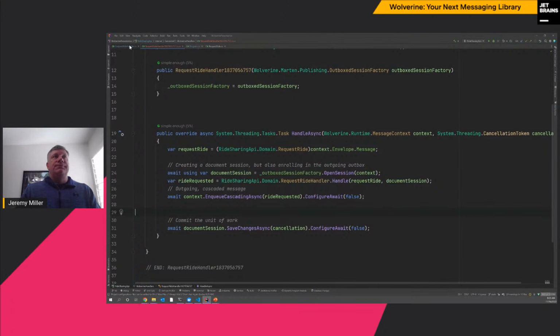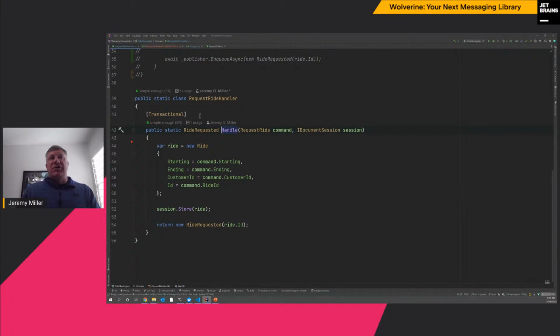Another issue, I talked about this being magic. The ride requested is automatically enqueued as a cascading message. Some people don't like the magic. They'd rather have it be explicit. I'm also going to try to say,